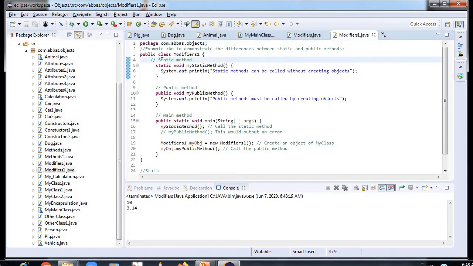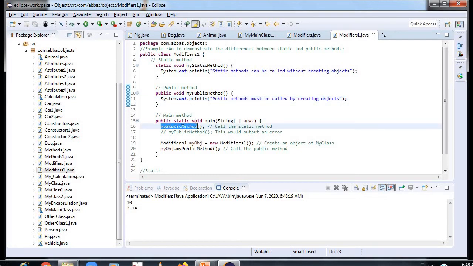In Modifier1, we demonstrate the difference between static and public methods. I have created two methods, a static method and a public method, and then a third method, the main method. In that I am calling the static method as well as the public method. What is the difference between a static method and a public method? A static method can be called without creating an object. A public method must be called by creating an object.